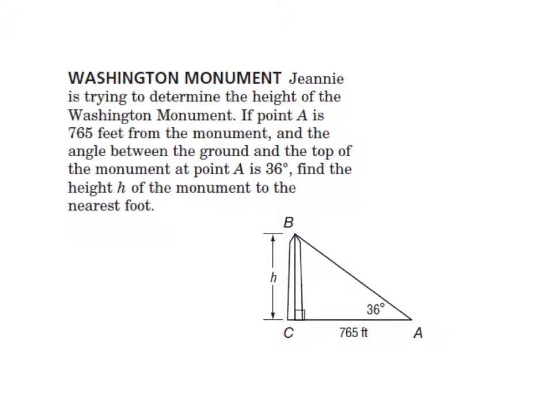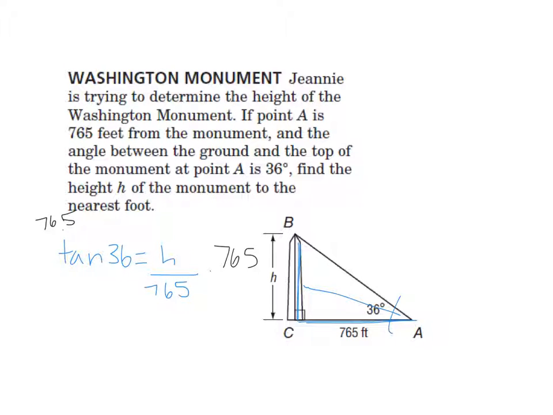Well, again, this is really nice because we're given a picture and we clearly know what we need to solve for, h. So if I'm given 36 degrees as my angle, I know I'm given the opposite side and adjacent, so it appears that this is another tangent problem. So I could say tangent of 36 degrees is equal to h over 765. Again, opposite over adjacent. So multiply by 765,